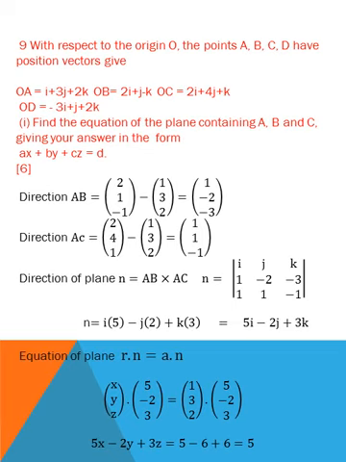The direction of AB is n1 and direction of AC is n2. Now I find the direction of the plane. Because these two directions lie in the plane, when we take the cross product of these two directions, we will find the direction of the plane. So direction of plane is equal to AB cross AC. So n is equal to i, j, k. I use matrix form here, it is very easy to solve. Matrix form i, j, k, 1, -2, -3, 1, 1, -1. These are the two directions, AB and AC.